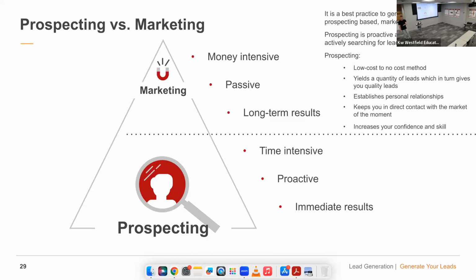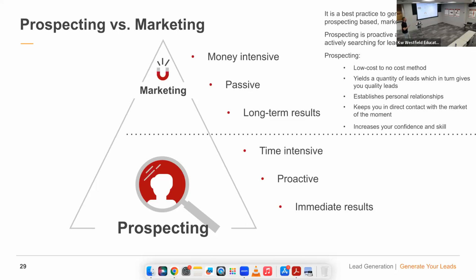It could be door knocking, and it could be open houses. Cool, you've got the chair built, run that play, and just stick to those things long-term until you become excellent at them so you can guarantee results. Does that make sense? With that being said, again, prospecting is low to no cost,